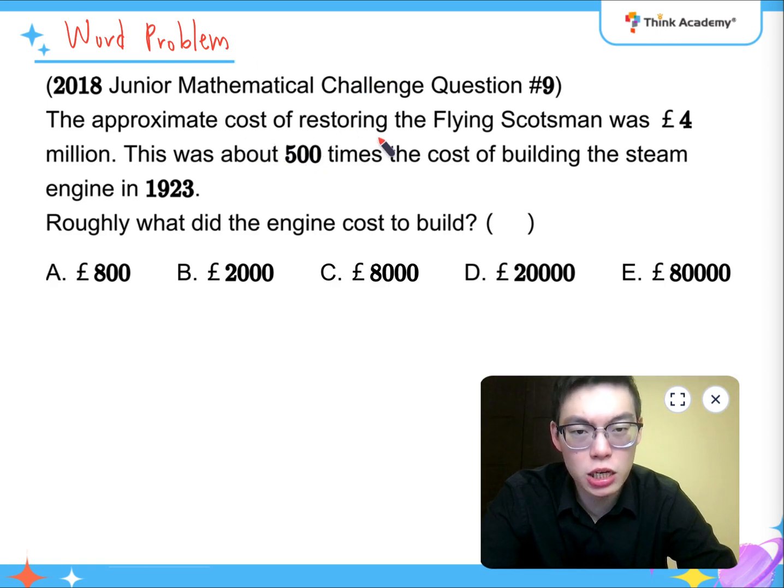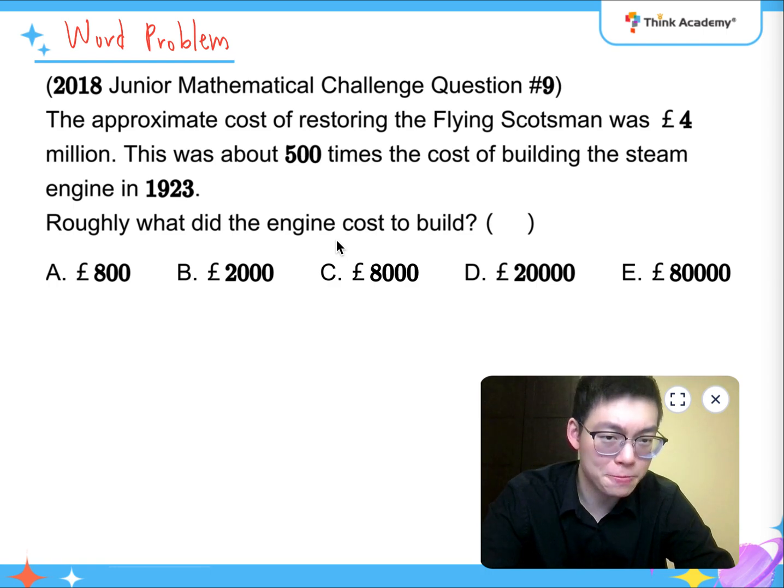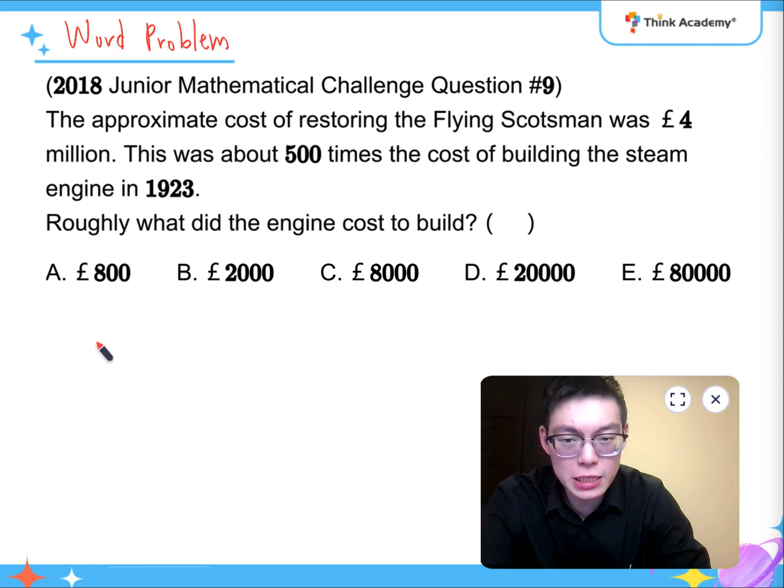The approximate cost of restoring the Flying Scotsman was £4 million, whatever it is. And it says that it was about 500 times the cost of something else. So it is actually an engine. Well, fair enough. Basically, I just need to know what is 1 over 500 of 4 million, which means that I am dividing 4 million